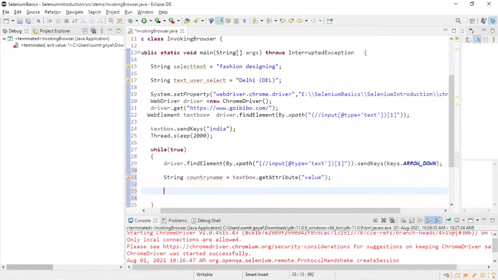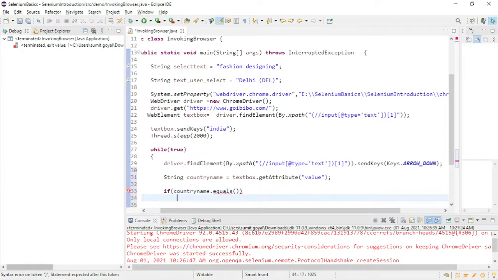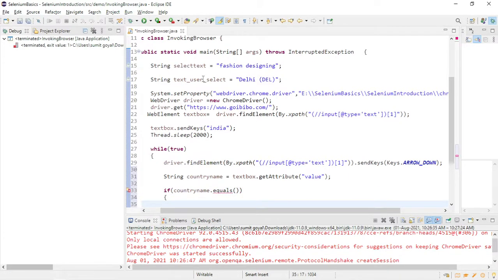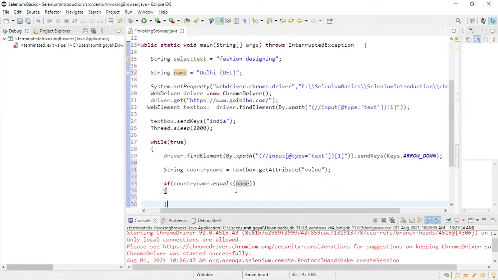And after storing the country name, I say if countryName.equals, and here I take the name we want to select as of now. This will equal Delhi. Then I will say